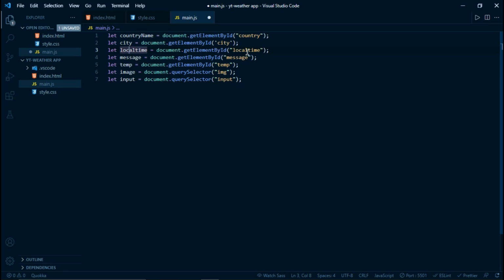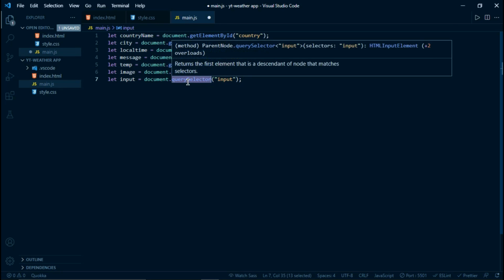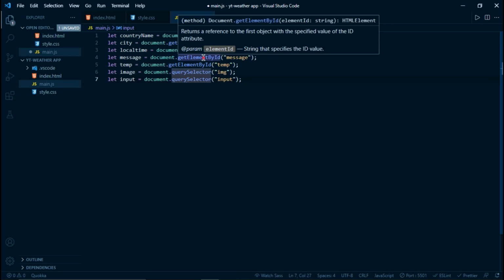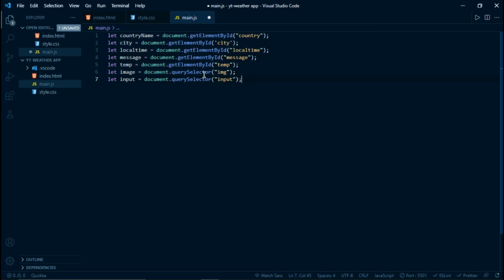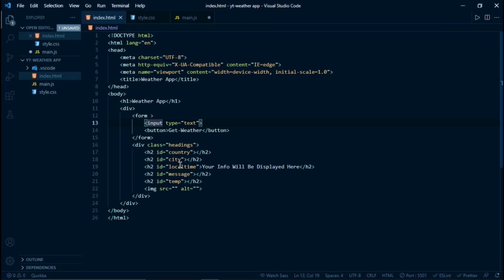So remember, I'm just getting the log time, the message, the temperature, the image, document dot. For the image, pay attention, guys. For the image, I am using query selector, and for the input tag, I am also using the query selector and not the document.getElementById, because they don't have IDs for the image and the input. For the remaining ones, temperature, message, same thing. So once I have that, guys,